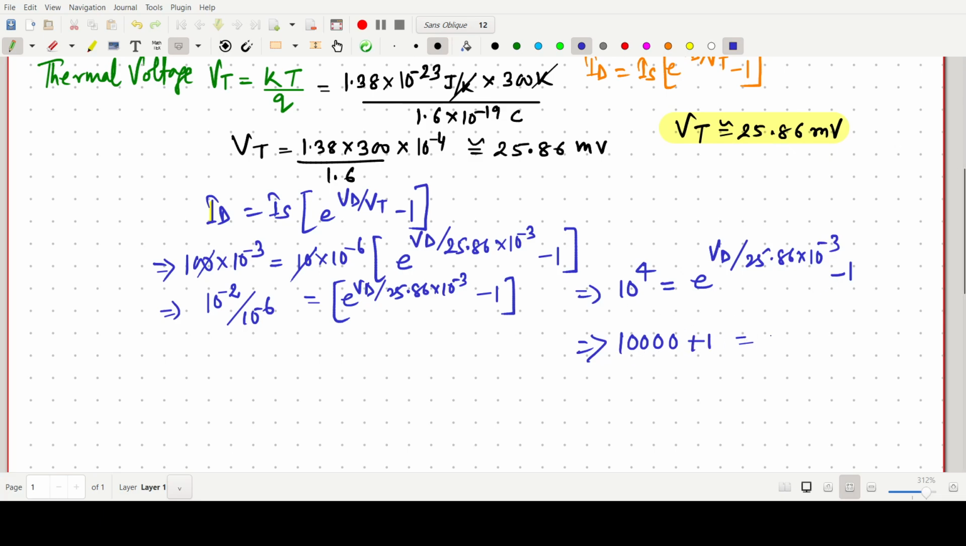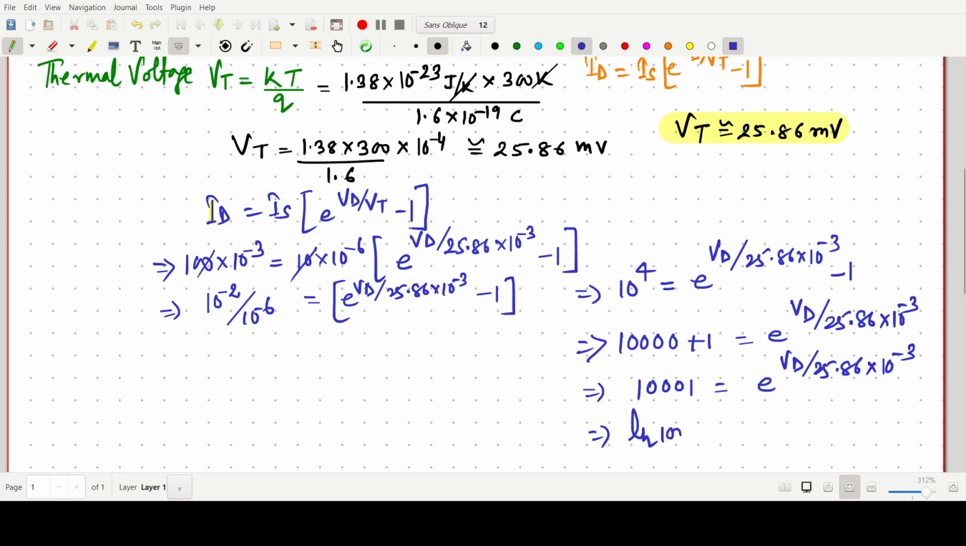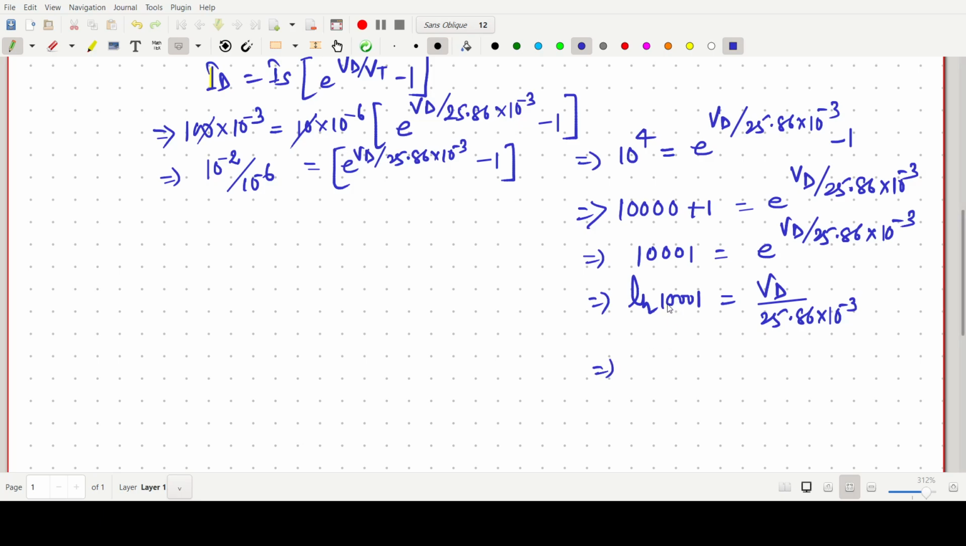Okay, then e to the power Vd by 25.86 into 10 to the power minus 3. So it should be 1 double triple 0 1, e to the power 25 point. Simple calculation is there. In this problem we have to test our calculation. Then after we have to take natural log on both sides. So it should be ln e base. So it should be Vd by 25.86 into 10 power minus 3. Okay, clear or not? Then if you calculate this one in your calculator, it will be